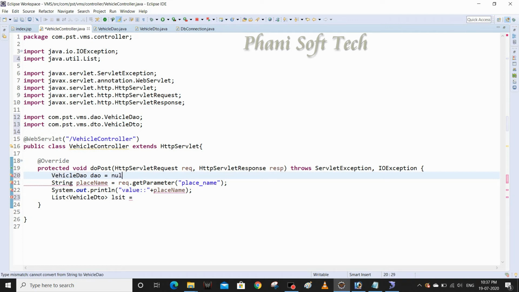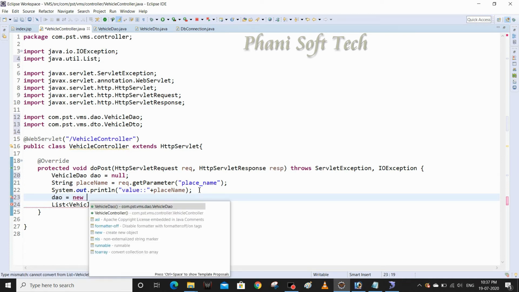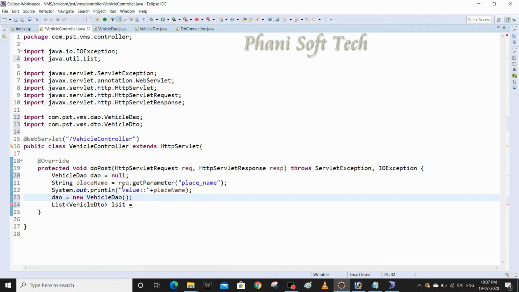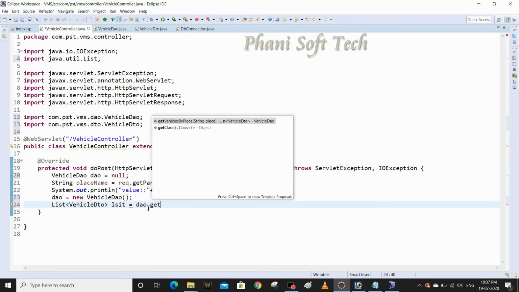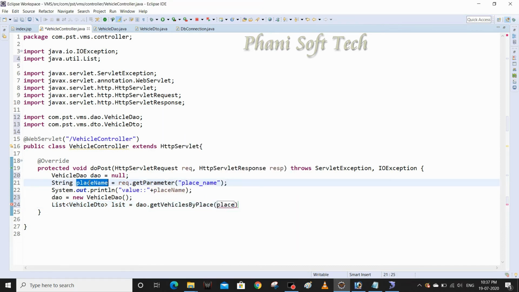As per the standard, you can mention null here and initialize the object, instantiate the object. Now the DAO is ready. You can call the method dao dot getVehicleByPlace by passing this place name, Control C and Control V. Okay, it returns a list of VehicleDTOs.